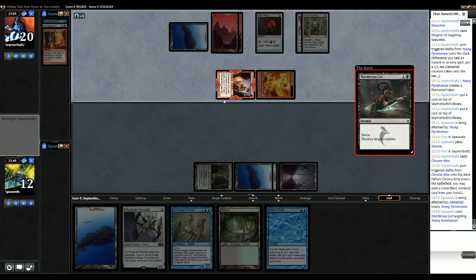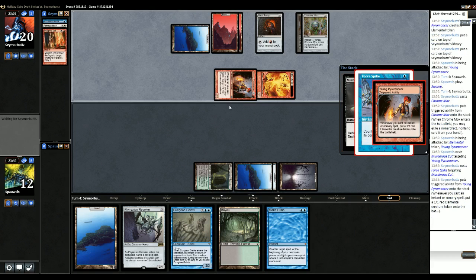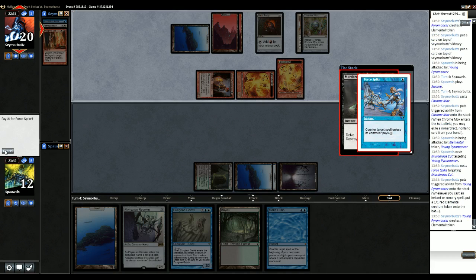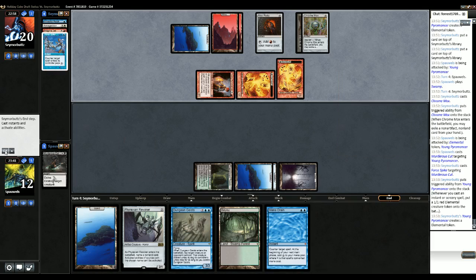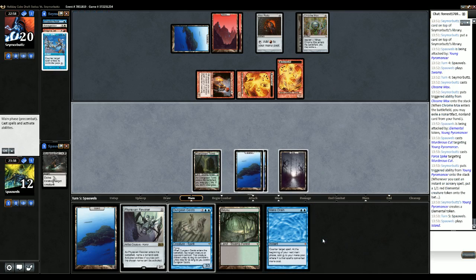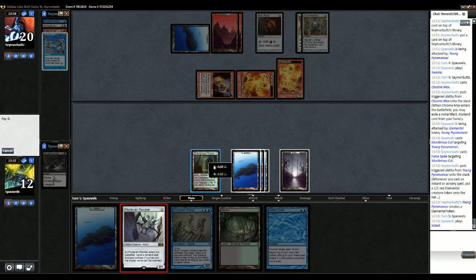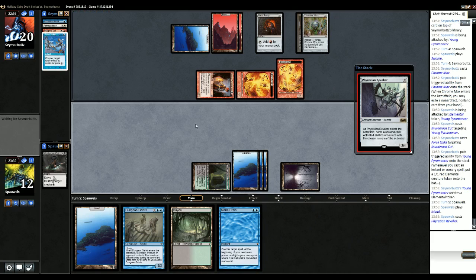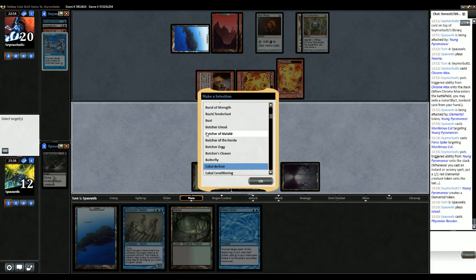He might respond with something. He has Force Spike, okay. Did not anticipate that. No. Okay, end of turn. Play this. I think we play Revoker. Basically say screw you Chromox. Maybe he didn't tap out because of the...